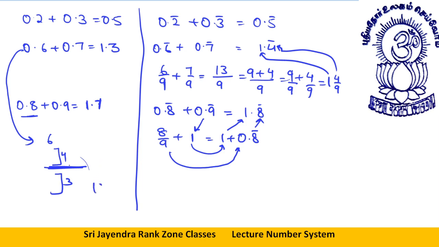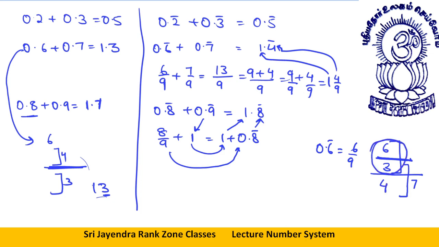Okay, 10 means 1 becomes the tens digit and 0 the units digit. But when I am adding 0.6 bar and 0.7 bar, 0.6 bar means it is 6 by 9. So out of 9, 6 portions have been filled. When I take the 0.7 bar, out of those 7, 3 portions come over here and 4 come over here. So this makes a 1 of the tens digit and this makes a 4 of the unit digit. This is the logic. Okay.